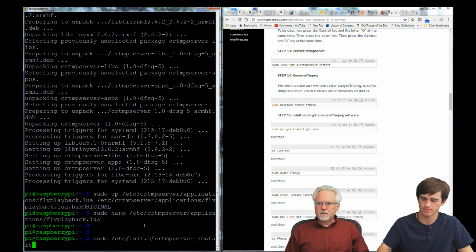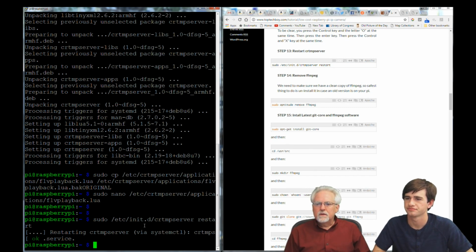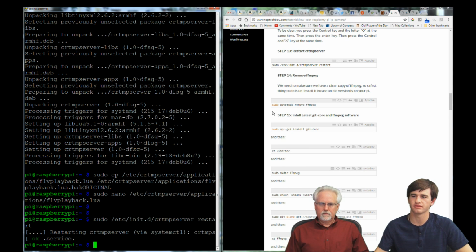There we go. Okay, does that look good? Restart? Looks good. Restart, and it restarted. Okay. What's step 14? Step 14, we want to go ahead and remove FFmpeg so we can go ahead and